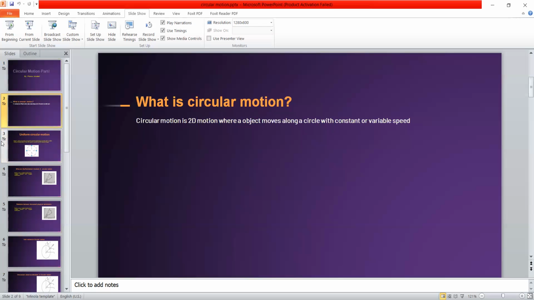So what is circular motion? I have given a very simple definition over here: whenever a body is moving along a circle with uniform speed or variable speed, the body is said to be in circular motion. Now we know that we have just studied about